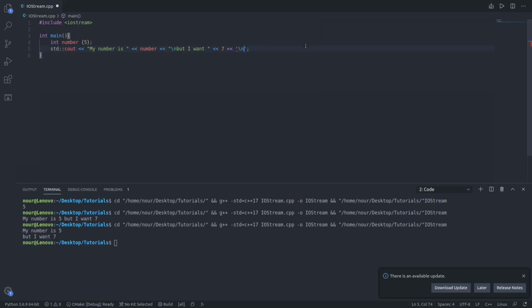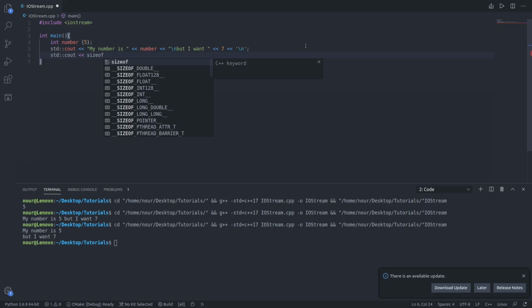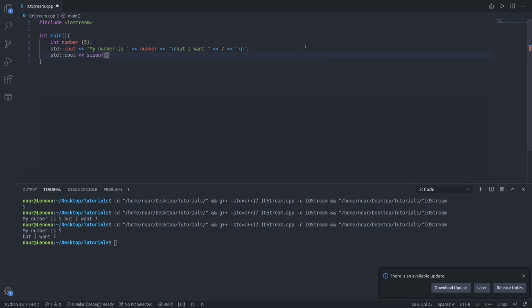So let's use \n, and please note that if you want to use \n alone, it's better to be in single quotations, not in double quotations. And the reason is that double quotations is used to define a string, whereas single quotations is used to define a character, and the difference would be in the size. So let's print out the size using the sizeof function, which is built in C++, and let's first of all print for the string "\n", and let's add a new line,